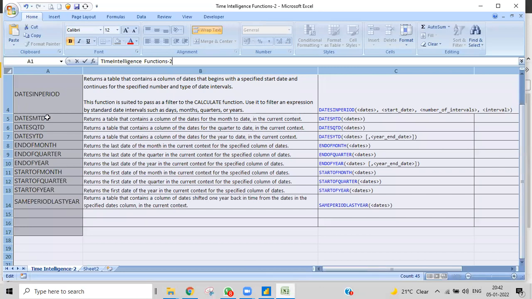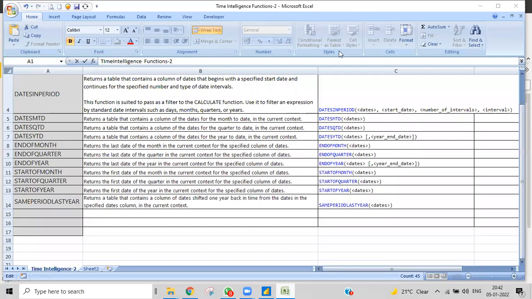We'll go with DATESMTD first of all. What does it do? It returns a table that contains a column of dates for the month to date in the current context.